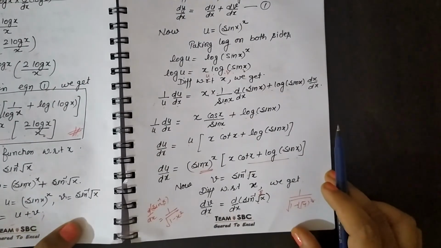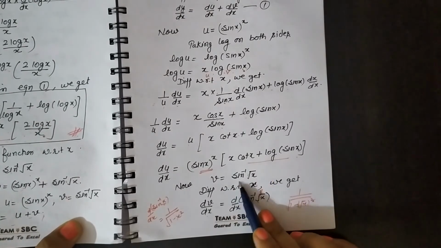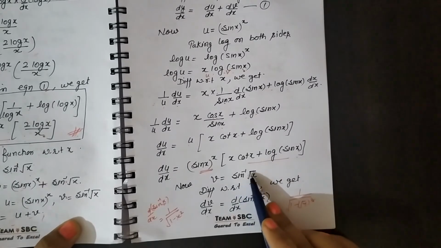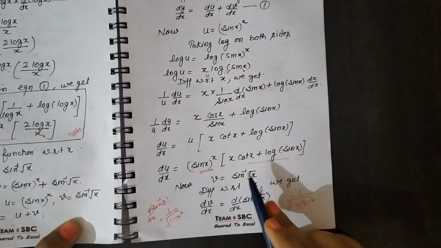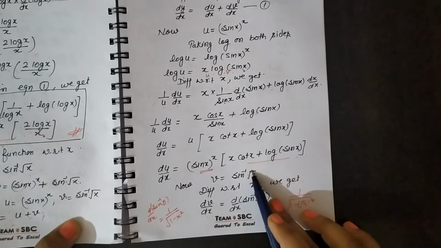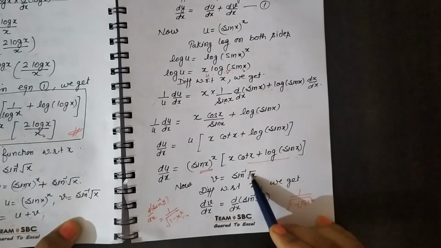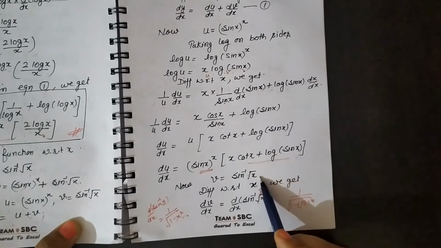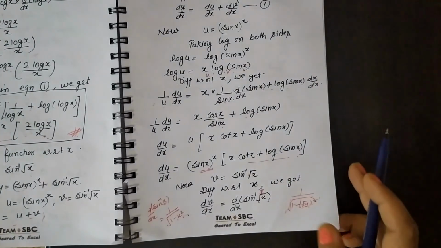Okay, now v is equal to sin inverse root of x. Now for this term, never take log. Why? Because we already have the formula for the derivative of sin inverse x. So you can apply this formula directly, no need to take log. So what is the derivative of sin inverse x? That is 1 by root of 1 minus x square. Now x is replaced by root of x. So after differentiating, we get 1 by root of 1 minus root of x whole square. Root of x whole square becomes just x. So it becomes 1 upon root of 1 minus x.